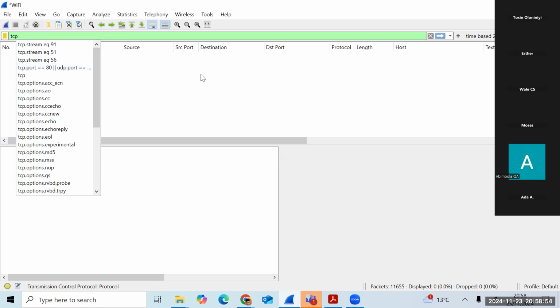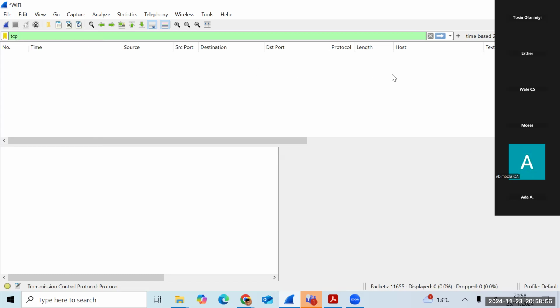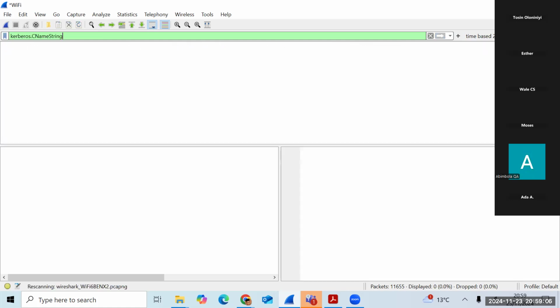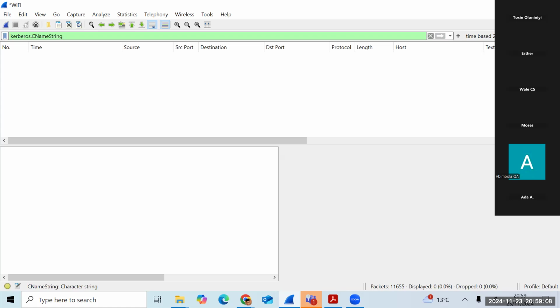I have like 2 of them I saved here. Let me just quickly show you. If you look at the top right corner here, once you save them, what you just need to do is click on it. It's going to put the filter there for you, and you just press enter and find whatever you need to find. But in the meantime,